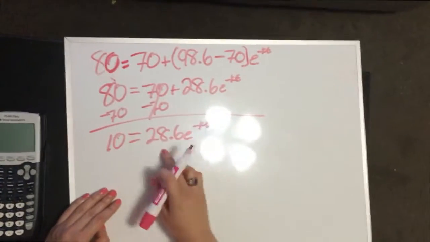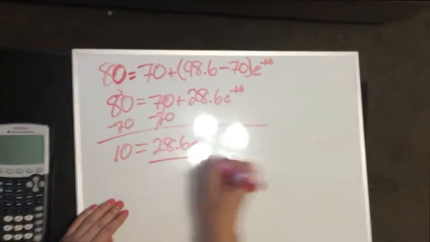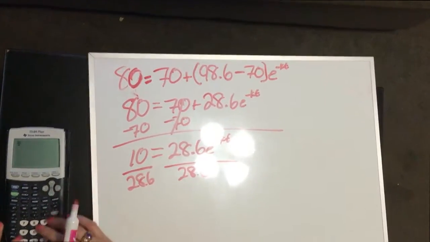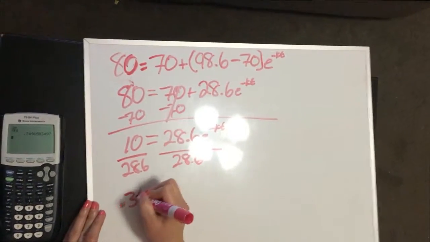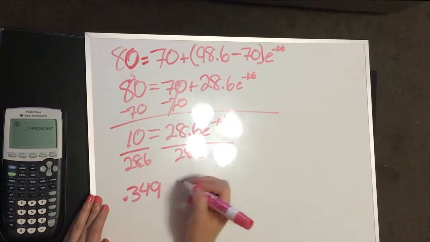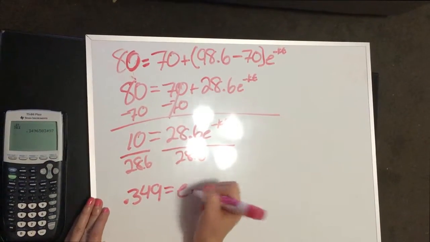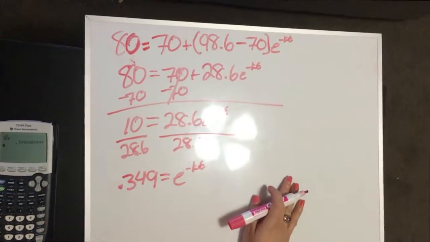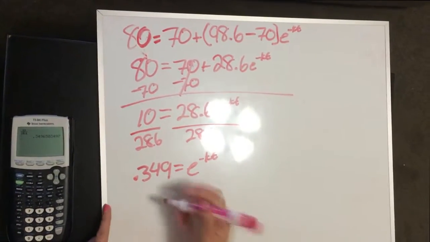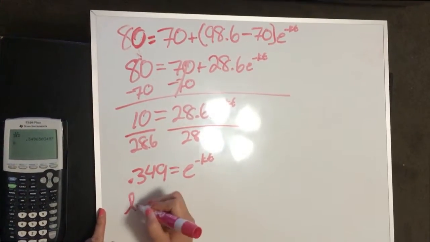Then we're going to divide 28.6 to leave e by itself, which translates into 0.349 equals e. Then we're going to use the natural log to isolate e, which is going to be ln